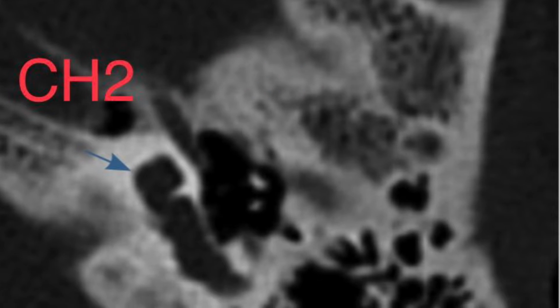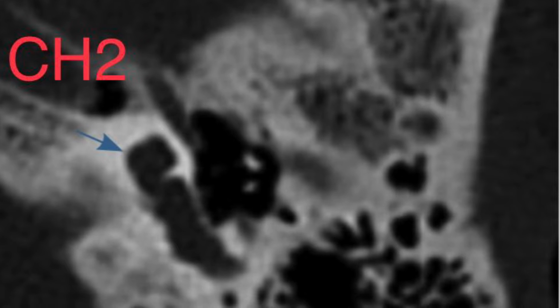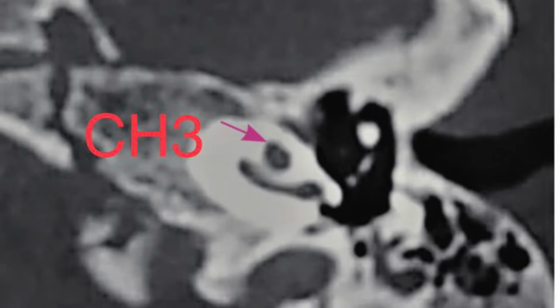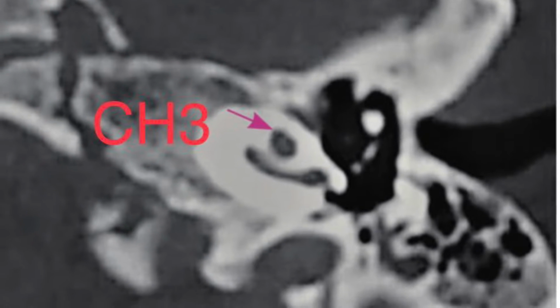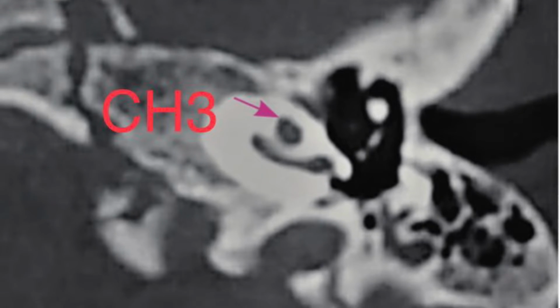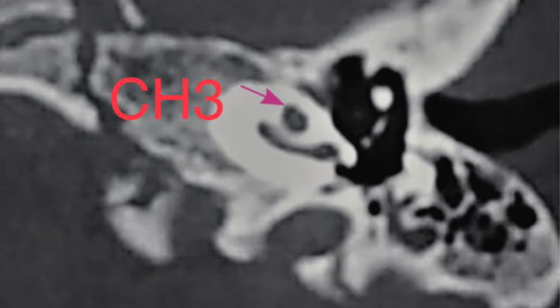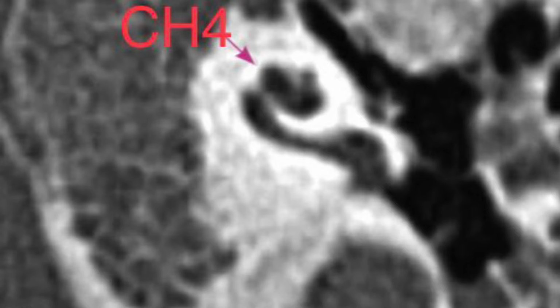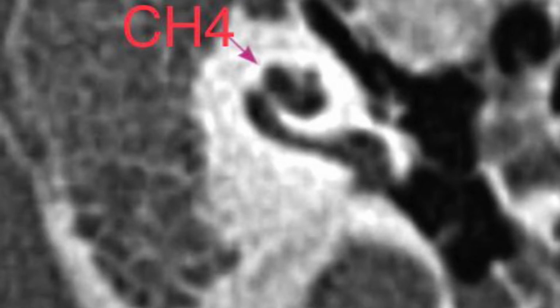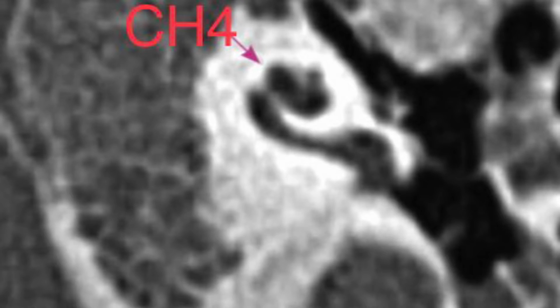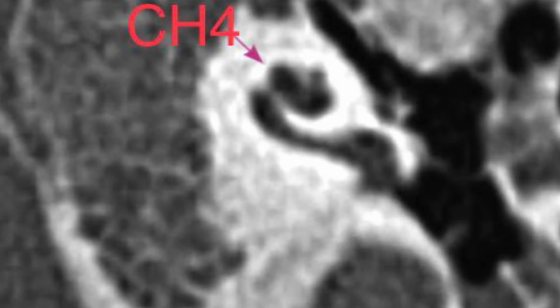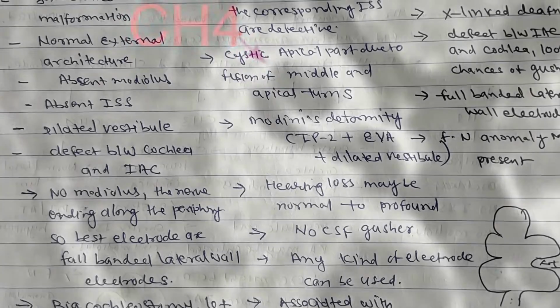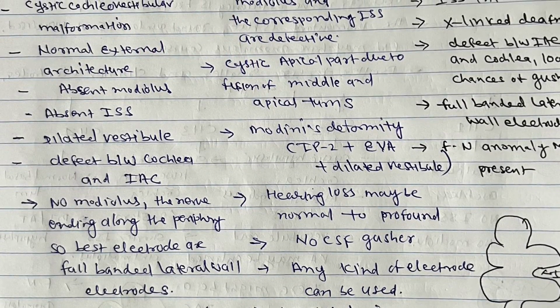Cochlear hypoplasia 3 is a shorter cochlea with fewer than 2.5 turns, and a shorter interscalar septum and modiolus. In cochlear hypoplasia 4, the basal turn is normal, and the middle and apical turns are hypoplastic, you can see in this picture, and facial nerve anomaly may be present. So cochlear hypoplasia 1, 2, 3 and 4 you can see in this picture.